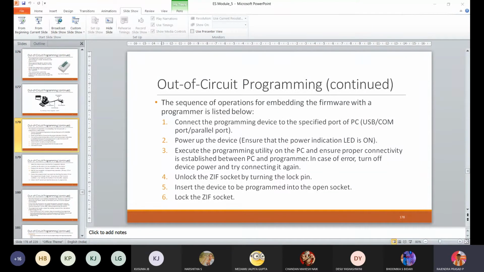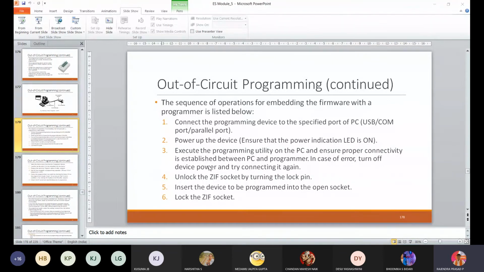This is a gang programmer. I hope you have used this gang programmer in your digital electronics lab. You press the lock point, and then you can use your kit for executing your programs. This is out of system programming, proof of concept.